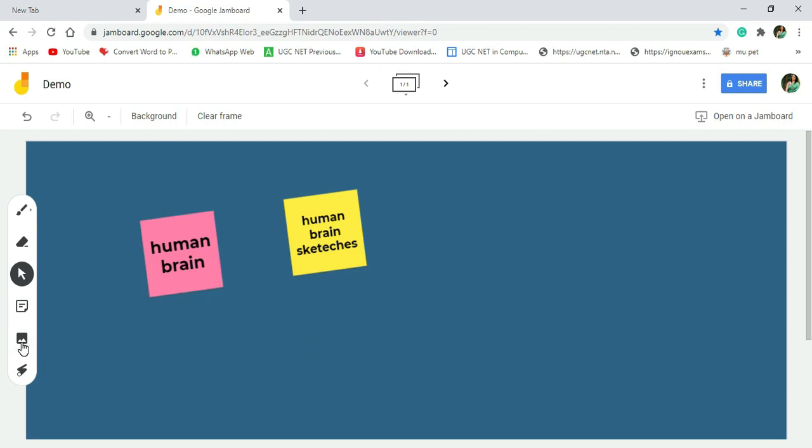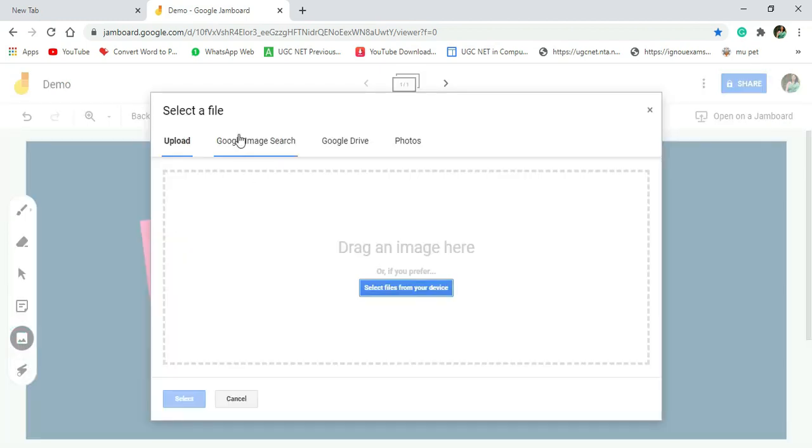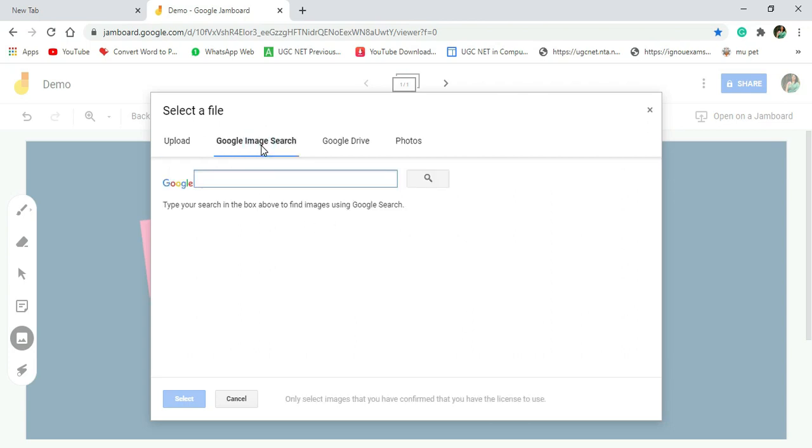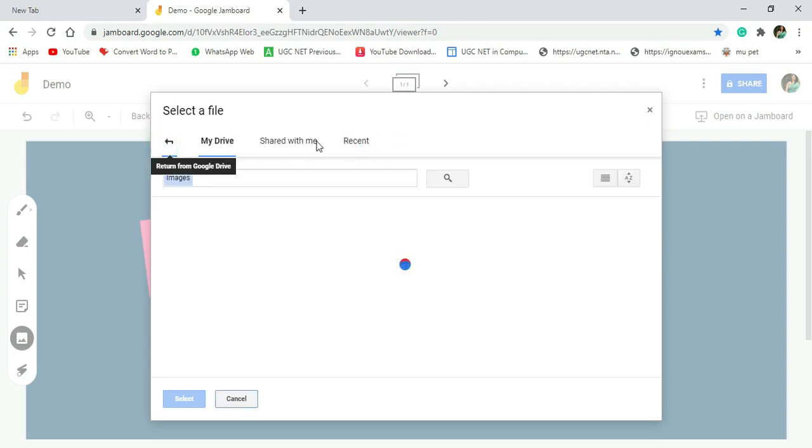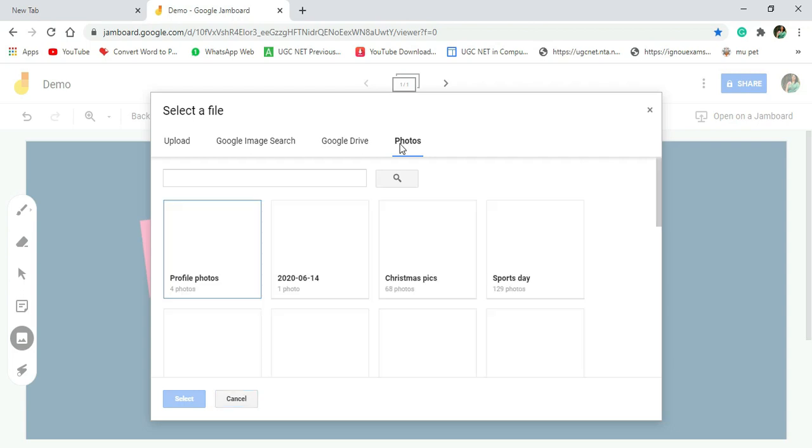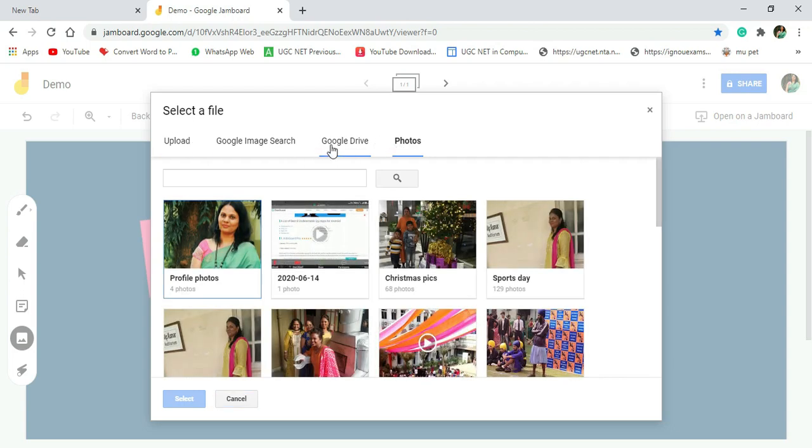And then the next part we have is image, add image. Again, suppose I want to show some images, for example to teach physical chemistry, some setup, or I'm a biology teacher, I want to show some skeleton, then I can go for this option. Just click on this add image. Then you get the select image file option. So if you have some images saved on your computer, you can go for this option, or you can directly search from here. Or if you have images on Google Drive, you can go from that place also. Or if you have images in your Google Photos, you can go from there also.